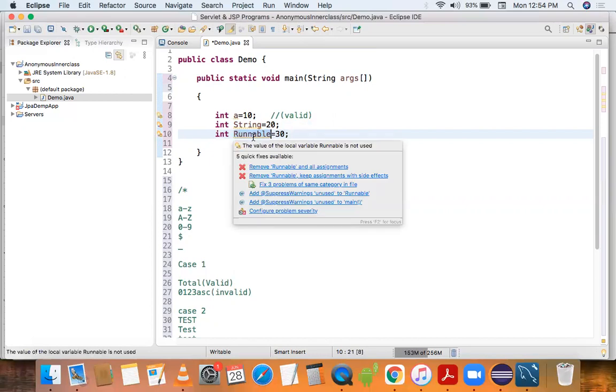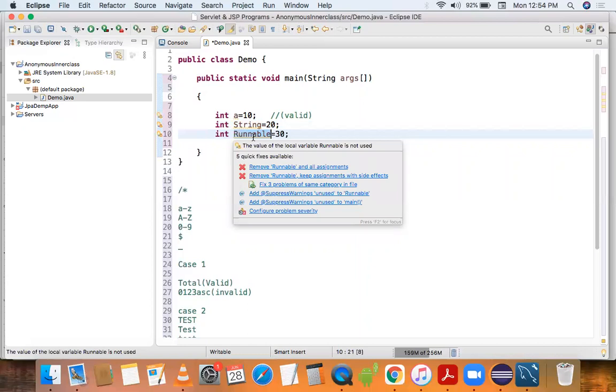We can also use an interface as an identifier, but it is not recommended to use any class or interface as an identifier, because it is not a good programming practice.